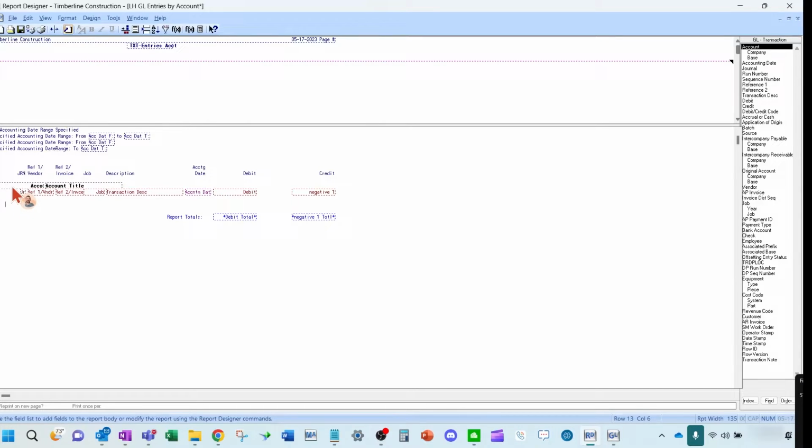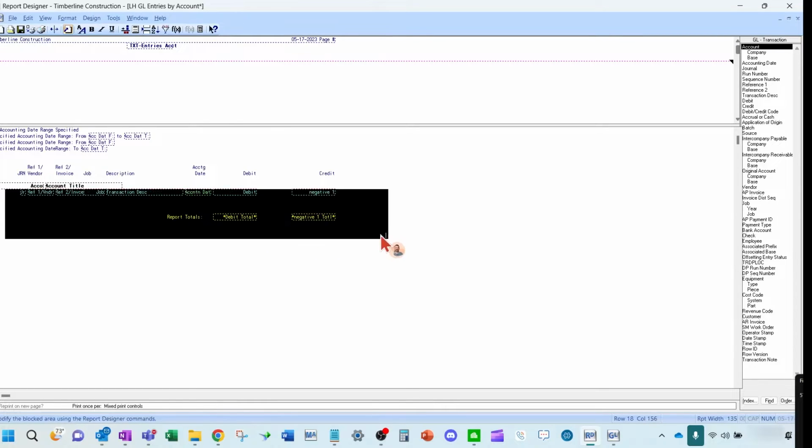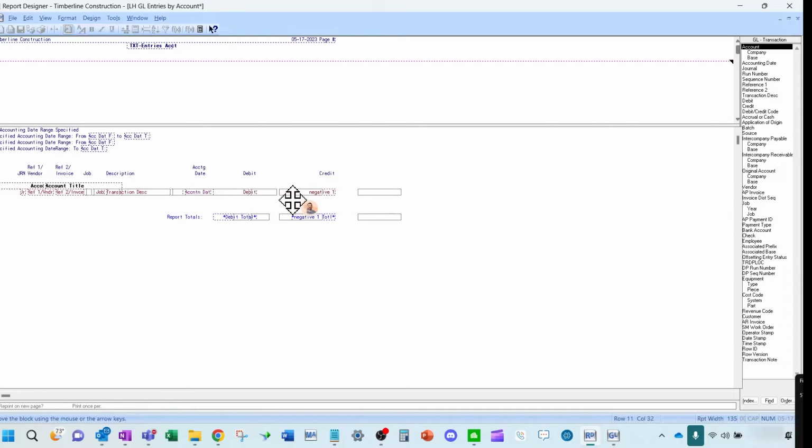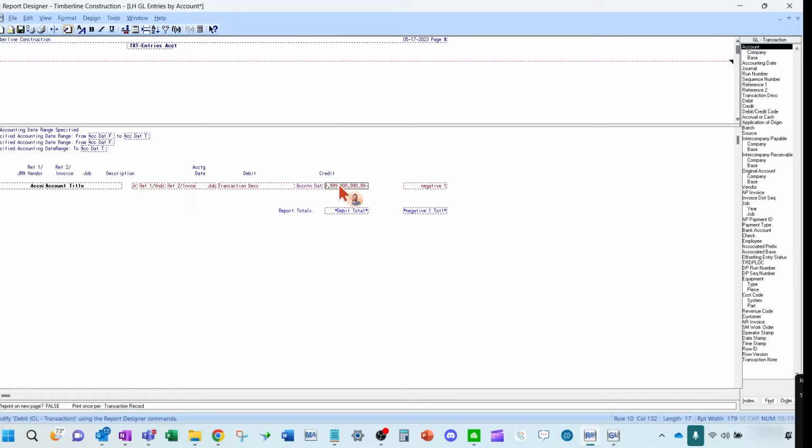So in this scenario, I don't want to waste a row here because I'm summarizing by account title. So I'm going to take this whole section. I'm going to be a little more creative here because I can line my columns up after. But I'm going to try and move this all up the same line. I can do this carefully. Come on. Got it. Okay. And then I would have to adjust my column headings a little bit. And I'll just move the debit and credit over because that's what we're really looking for here.